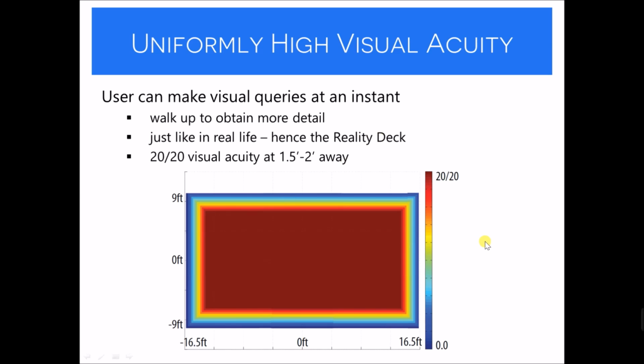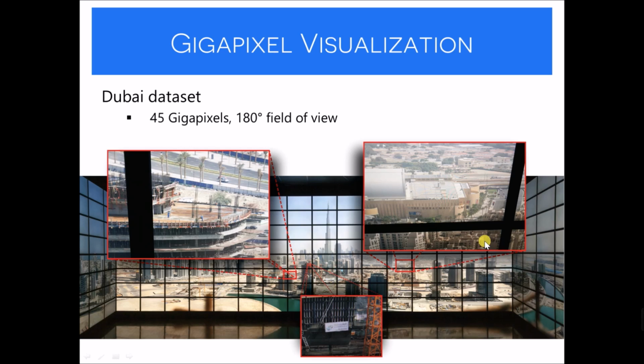So now some pictures from the Reality Deck. If you step into it, this is a Dubai data set, with a gigapixel camera, 45 gigapixels of a 180-degree field of view of Dubai, right? So it's basically half the Reality Deck that's filled by it. Behind you there's nothing. It's not a surround view, it's just a 180-degree field of view, and wherever you go,